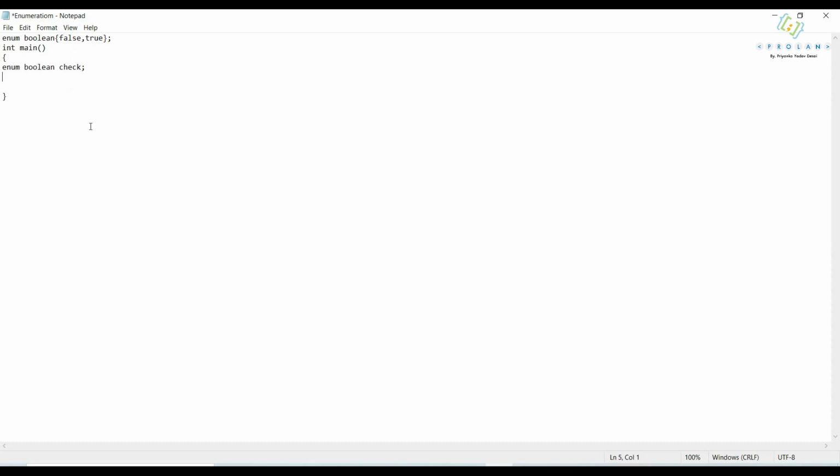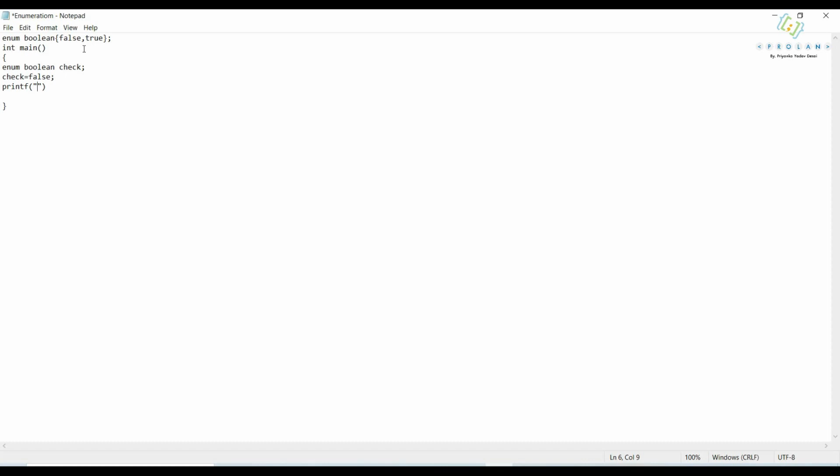Okay, so let's consider I am assigning check is equal to false. Even though I am assigning this false name to the check, still if I want to print this check variable, it will print integer values. Why? Because compiler will assign integer constants to these names. So if you write printf statement to print the check value, you will simply print the check value.